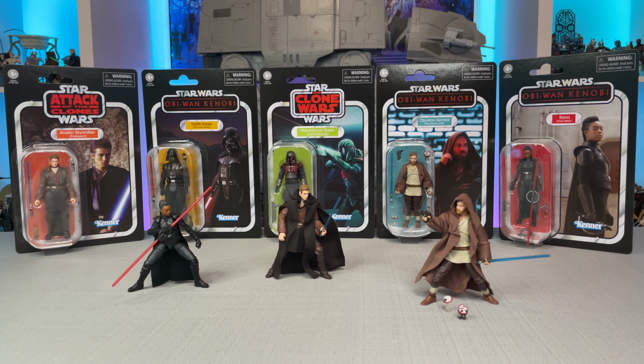Many collectors probably already have that, but there is sadly only one Mandalorian Super Commando in the box, which is definitely going to be challenging if you're trying to find this one in store, since that's a very popular figure, but I'm sure there's going to be multiple production runs. I know I ordered 4 cases, which are currently on the way. Can't wait to do a video on that, and yeah, that's just a good figure, and I'm pretty sure you will definitely be able to find one. So all in all, this is a really good selection, and let's move on to looking at one of these